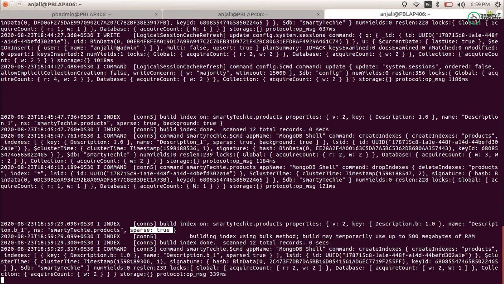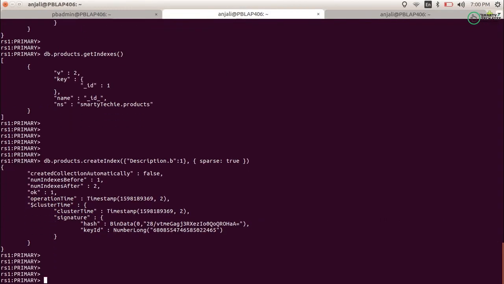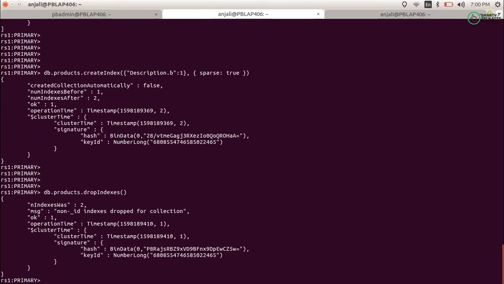And if you have a large number of documents, you will see the progress of it. It will show creating index on field 0%, 2%, 3%, and it will show the sparse index too. That is how you can monitor the index progress. Now next we will see how to create the index on another field. Now again, just drop all the indexes.